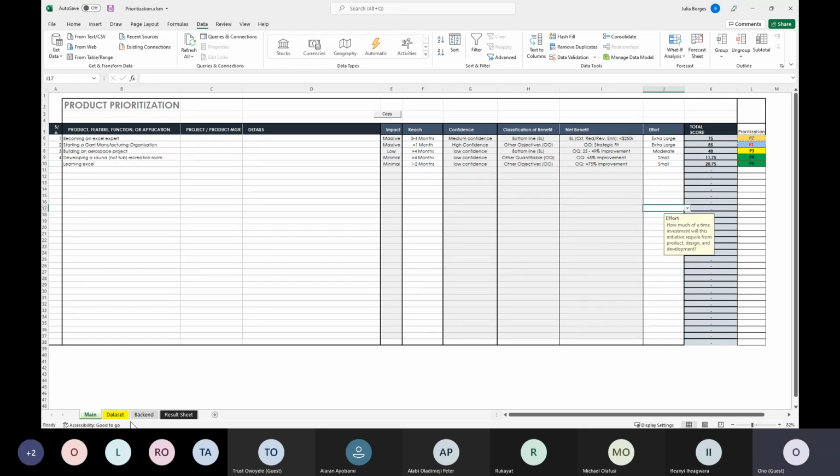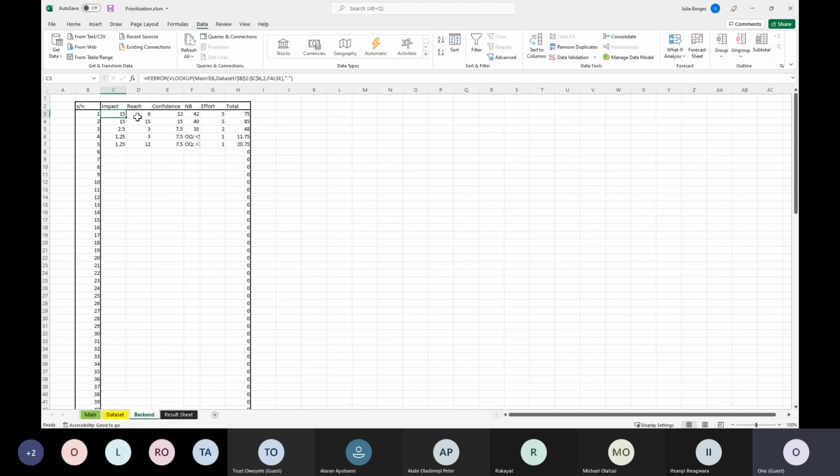Okay, so as you can see here, the same formula has been used. The VLOOKUP essentially tells you where to pick up the value from.